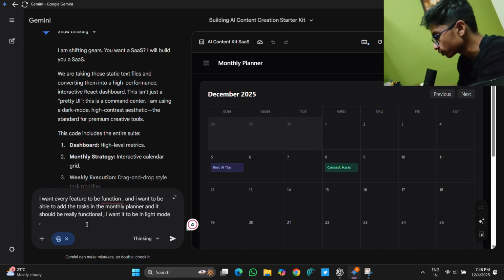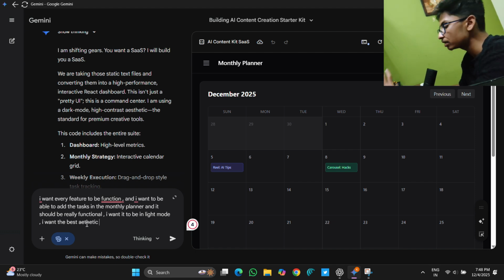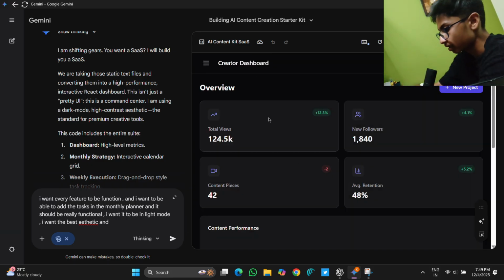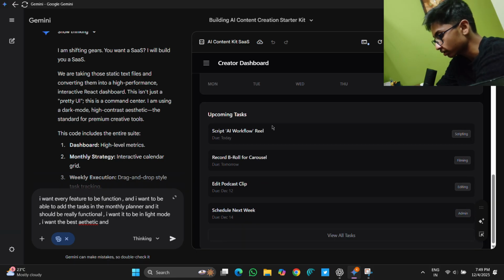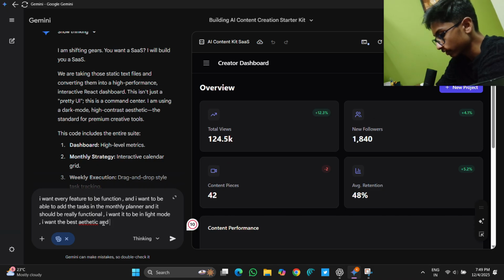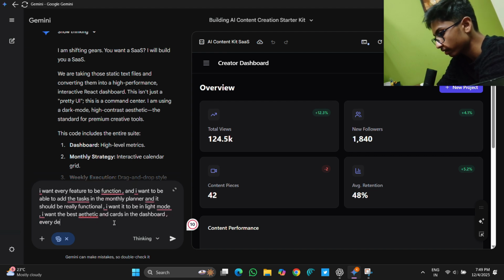What should I see? Like, what are the changes which I want? Suppose I want it to be the best. It looks good, but I want it even better. I want the best fonts, right? The fonts are good, and the cards are okay, but I want the best and most aesthetic cards in the dashboard. Every detail must be focused, and I want it to look like the best premium SaaS tool in the world,